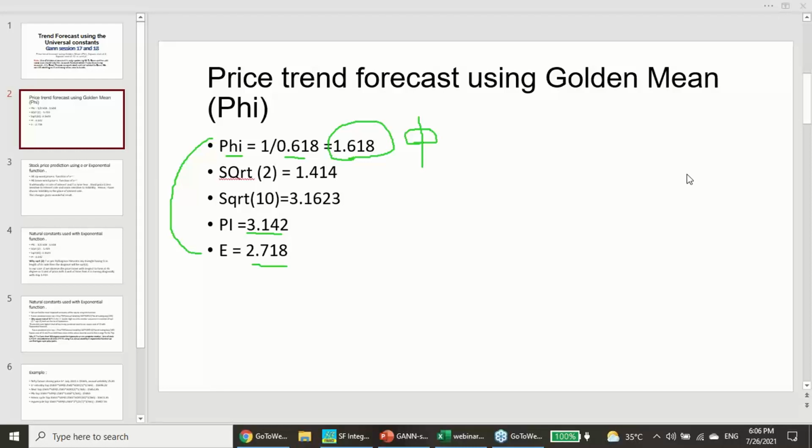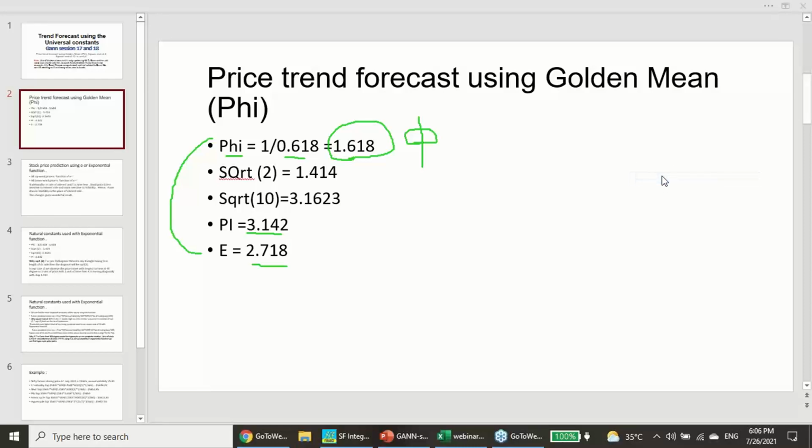So here, time travel, all time travel is nothing but forecasting. Forecasting is nothing but traveling forward with time, forecasting the forward event which has not happened. So that is called forecasting. These five constants I am going to utilize for my predictions.